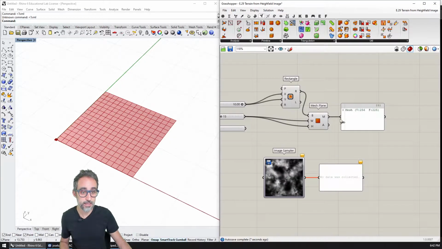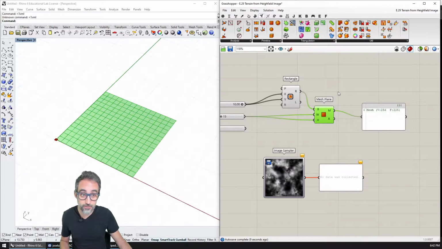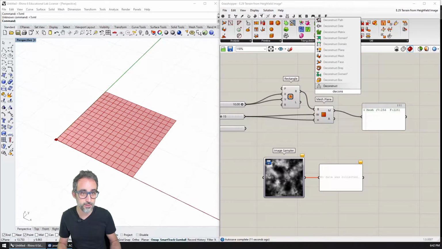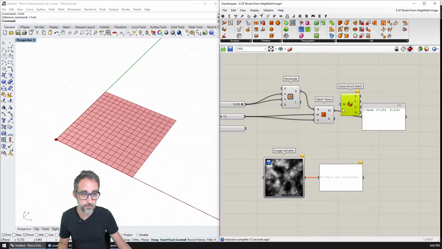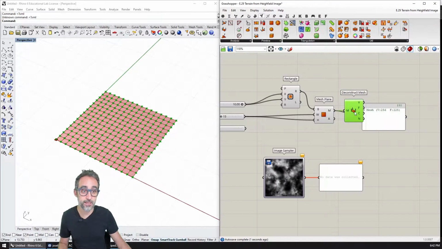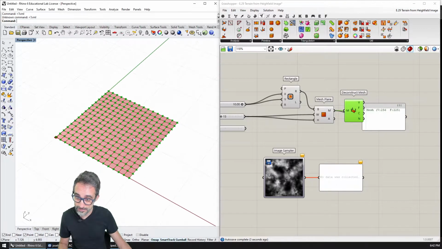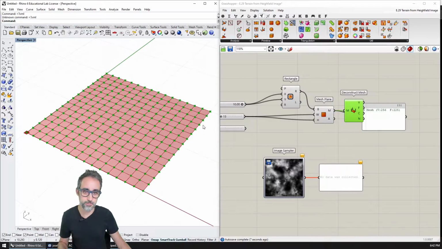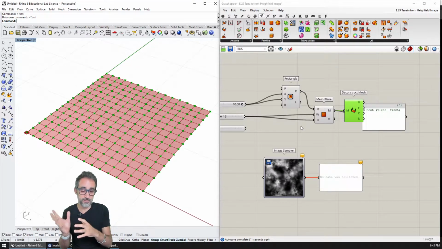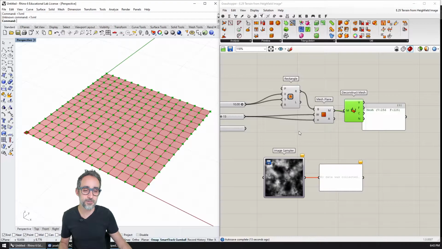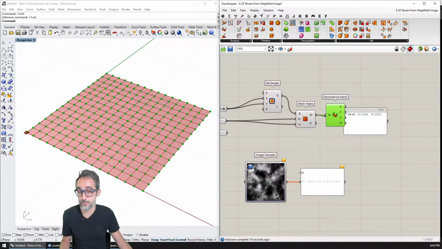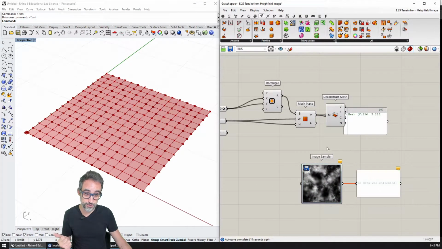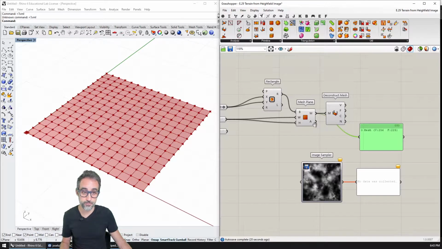And if I deconstruct such a mesh, then what I will get is a grid of vertices that are equally spaced. So in a way, it's a very similar process to what I did in previous examples with the grid. It's just that we're going to start with the mesh instead. This will have advantages that you will see very soon.